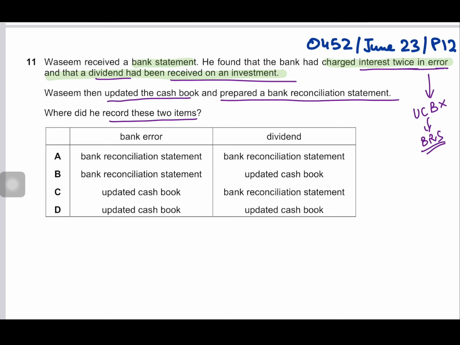so that we can reconcile the two balances. And the second adjustment was a dividend received on an investment. This could be a credit transfer, and that is recorded on the bank statement, but that is not present in the updated cash book. So of course it will be adjusted in the updated cash book, and that too on the debit side. So the bank error will be corrected through the bank reconciliation statement, and the dividend will be adjusted in the updated cash book. So option B. Next,